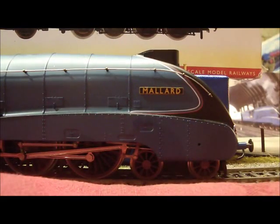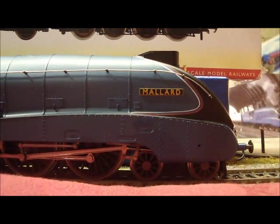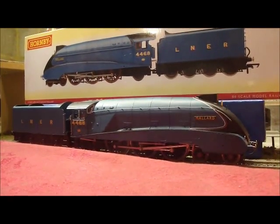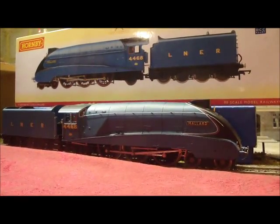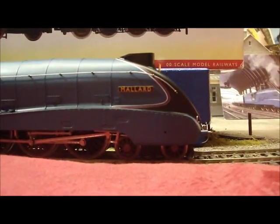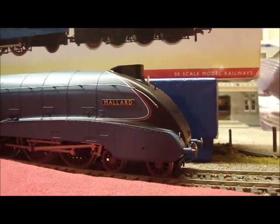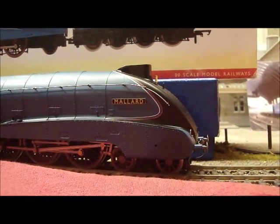So, before we begin the review, a bit of background behind Mallard, just to put you in the picture. In 1938, Doncaster Works produced for the LNER Mallard, one of the A4 Pacifics, designed by Sir Nigel Gresley. These were based on the earlier A3s and had a fantastical, super streamlined casing that has become famous the world over. And as I said, Mallard was built in 1938 at Doncaster, and Sir Nigel Gresley was keen